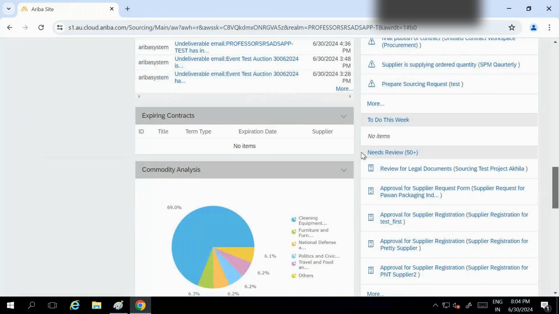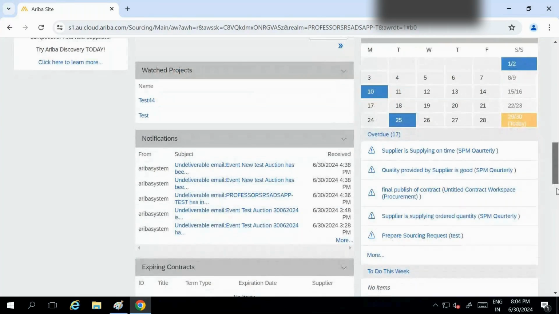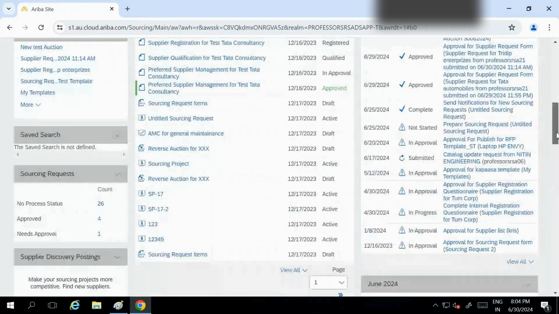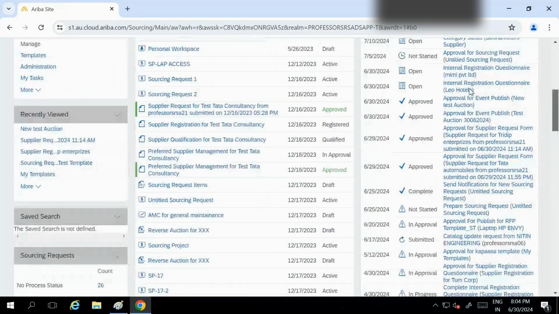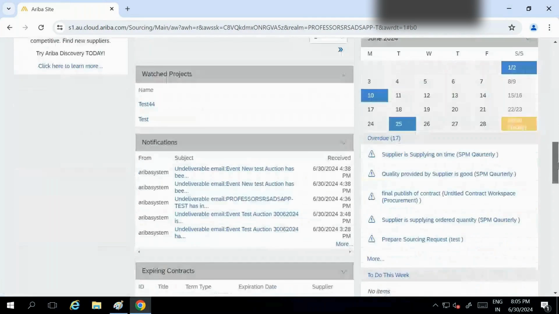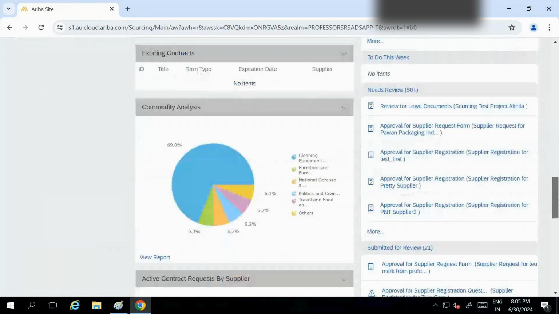So these documents for review, to do and review, are two different tasks. Review means it is just to review, you are not going to do anything, you are not going to approve, you are just reviewing this. So this is just for your review purpose. But this is the to do. Here you have to approve, here you have to act on any task. It is for approval, you have to complete that task. So all these things are different tasks, that is called to do task. We're going to understand how to do task differs from review.